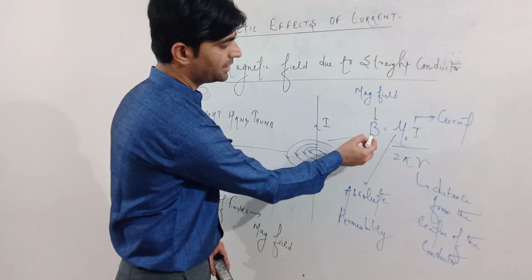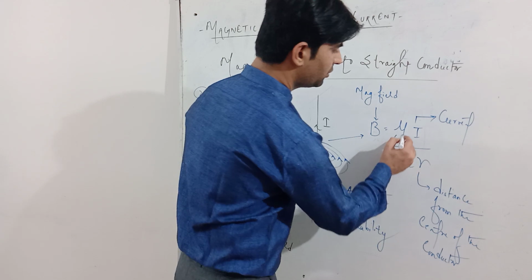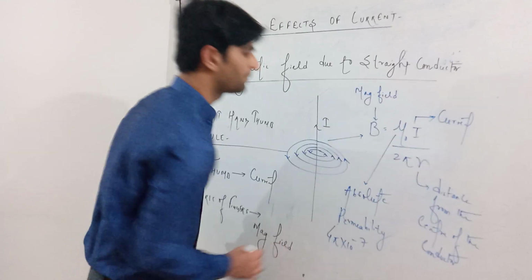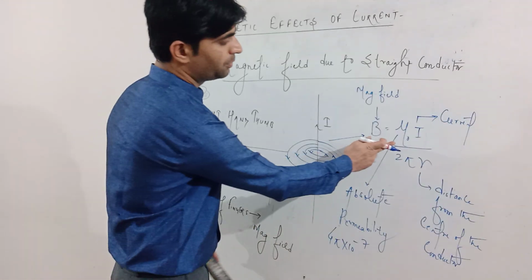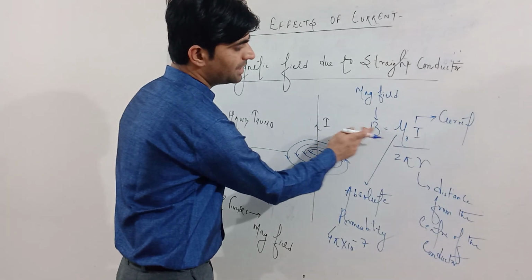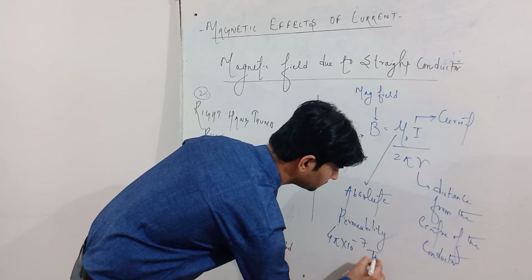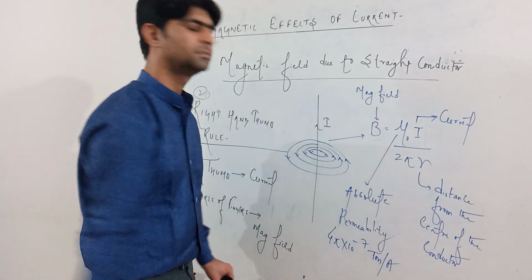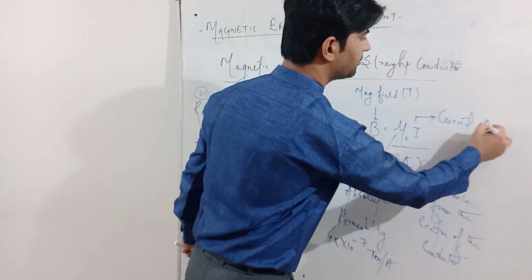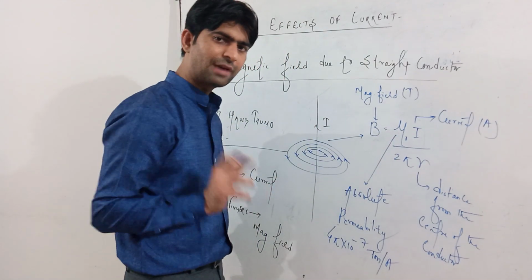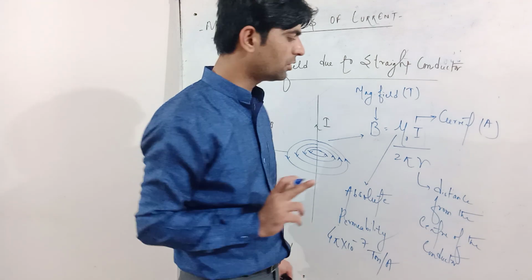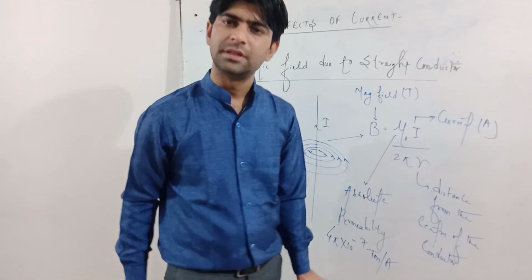अगर आप यहाँ पर रिलेशन देखें, मैग्नेटिक फील्ड म्यू नॉट इज कांस्टेंट, इट्स वैल्यू इज 4 पाई इंटू 10 टू द पावर -7. यहाँ से अगर आपको यूनिट निकालनी हो तो म्यू नॉट की यूनिट क्या आएगी, टेस्ला मीटर पर एम्पियर. मैग्नेटिक फील्ड का यूनिट हो गया टेस्ला, करंट का यूनिट हो गया एम्पियर. म्यू नॉट की वैल्यू कांस्टेंट है फॉर एयर और वैक्यूम. R is the distance from the center of the conductor.